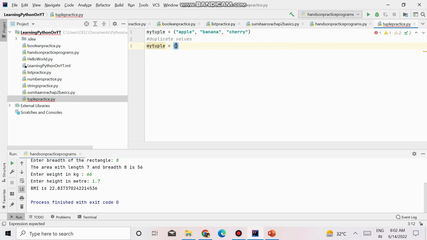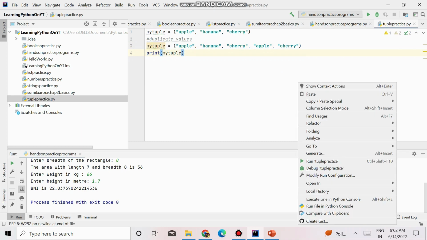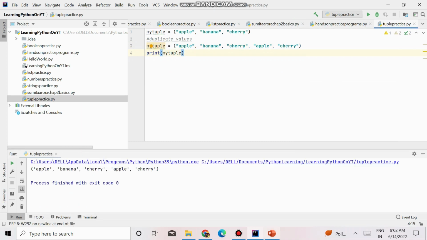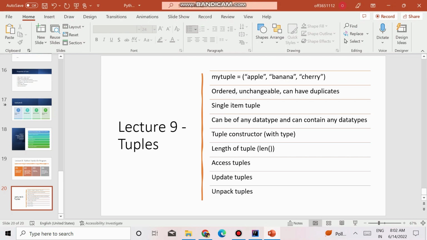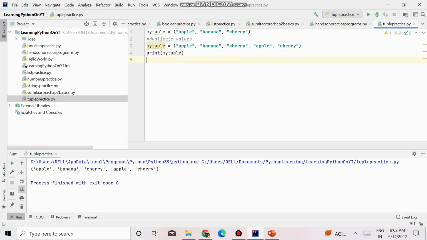First let's see how we have duplicate values. There can be multiple apples, multiple cherries, multiple bananas in the tuple. So I'm just writing one more apple and one more cherry. Can you see, apple, banana, cherry, everything is repeated. Next, since they are ordered 0, 1, 2, they are unchangeable, we cannot